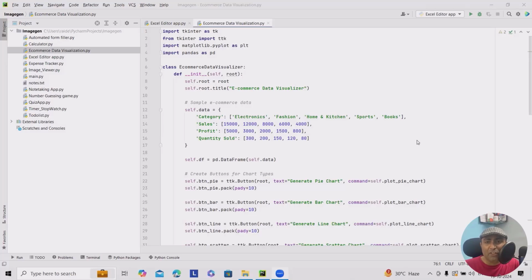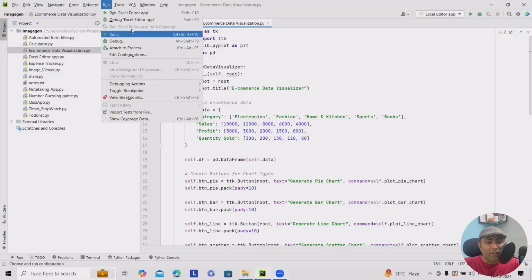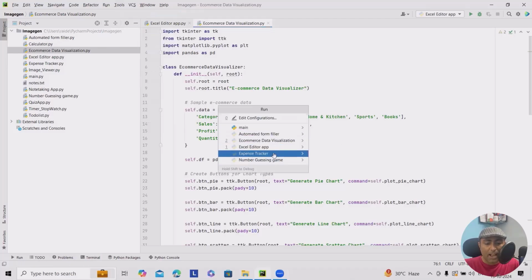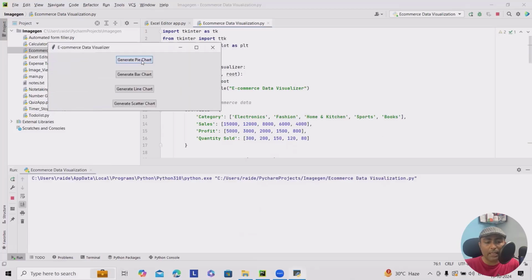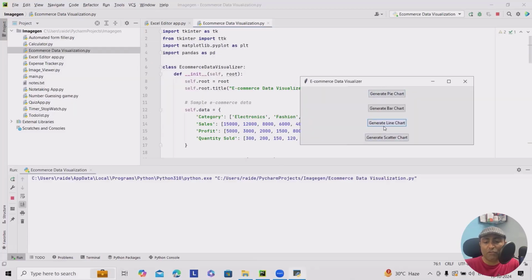Before we proceed with the coding explanations, let me show you how the solution looks, and after that I will explain from scratch how we have generated it. To start with this, I will run from here, click on run and then e-commerce data visualizations. It will launch a Tkinter palette where we can see all those generated pie charts, bar charts, line charts,